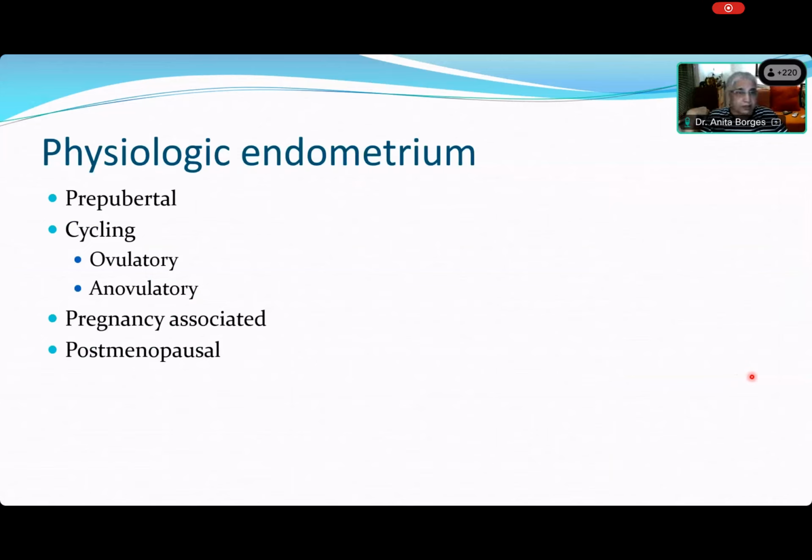So you're right. Okay, then of course this is the cycling endometrium, and you can have two kinds of cycling endometrium. One of them is ovulatory, and the other one is anovulatory. All right. So what is the meaning of cycling, Sheetal? What is a cycling endometrium? Ma'am, in case of cycling endometrium, there is a proliferative phase, a secretory phase, and a menstruation phase. So that is the meaning of cycling.